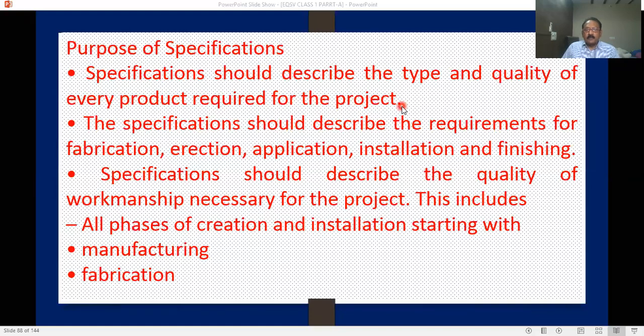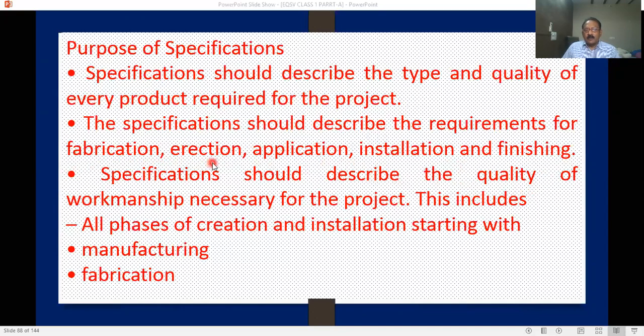It should describe the requirements of fabrication, erection, application, installation, and finishing. In detailed specifications, suppose elevation work is there, so fabrication work is required.